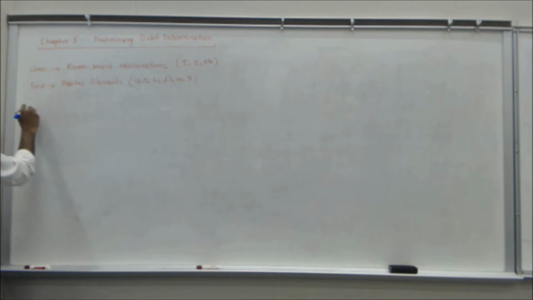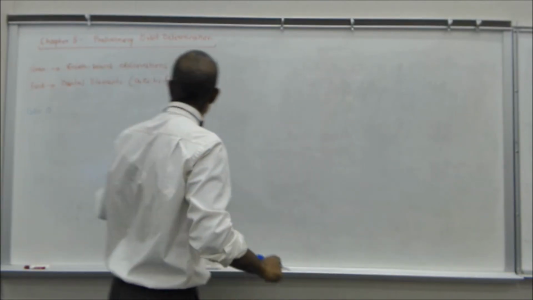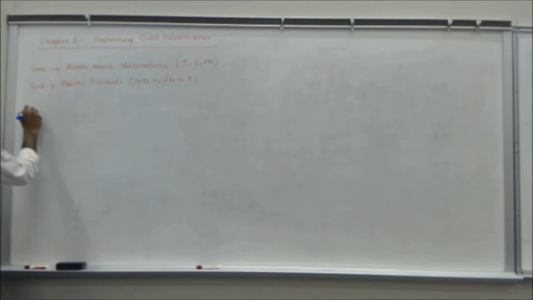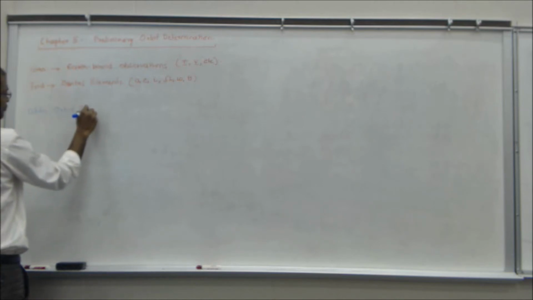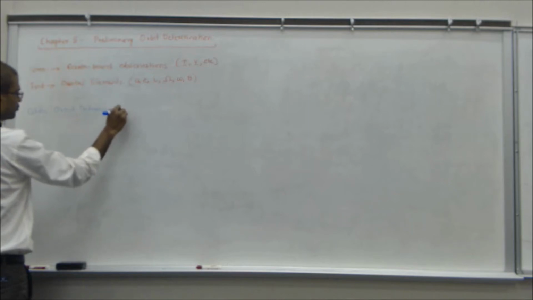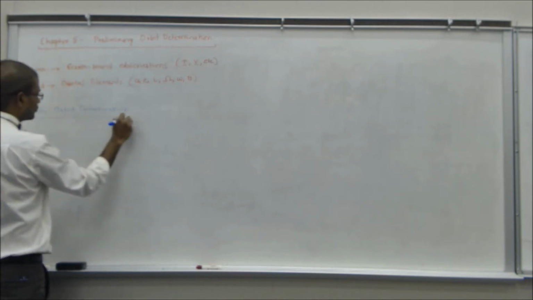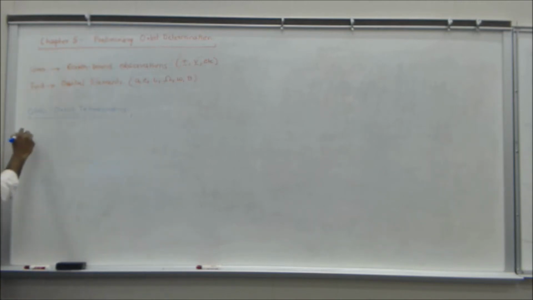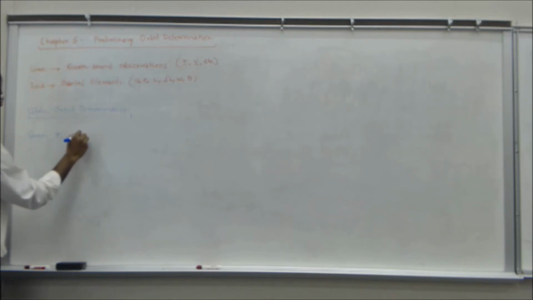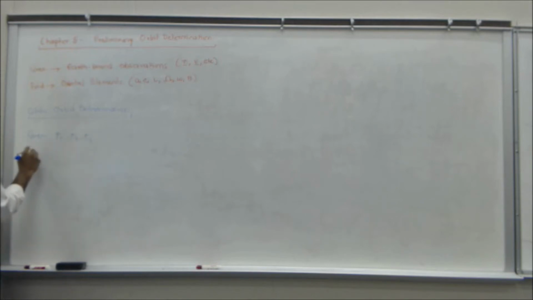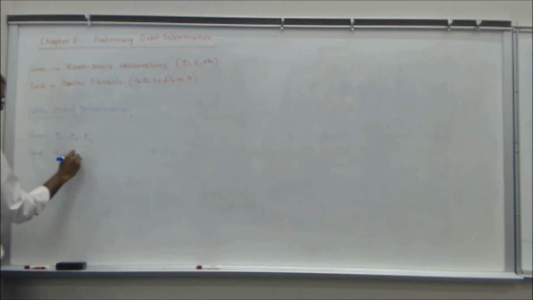We're going to look at something called Gibbs. Okay. Now Gibbs orbit determination works like this. You're given R1, R2, and R3, and you're required to find A, E, I,